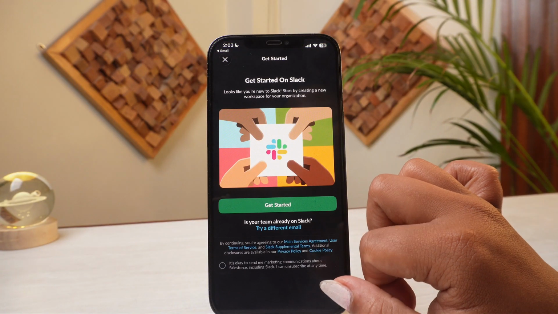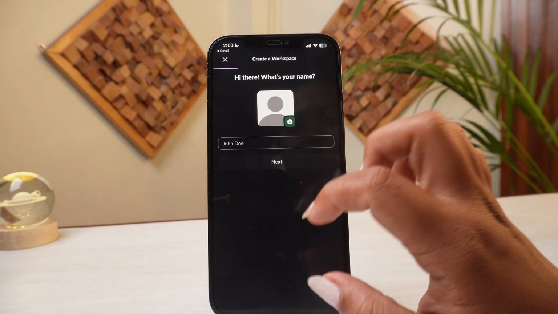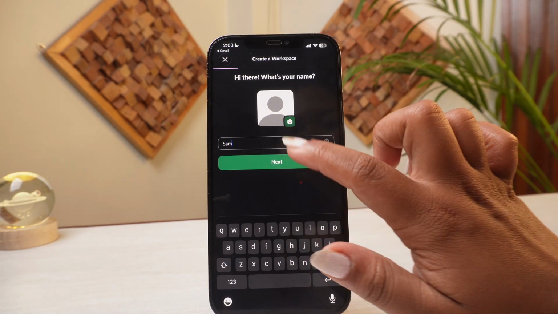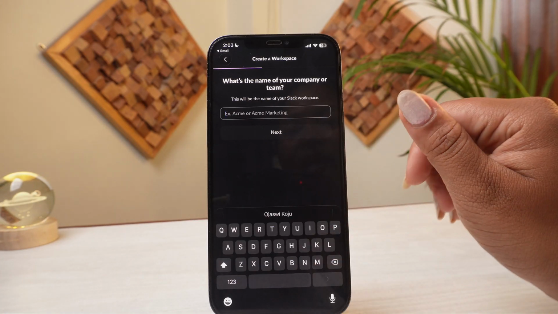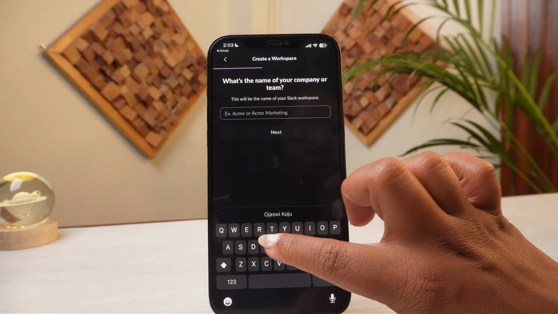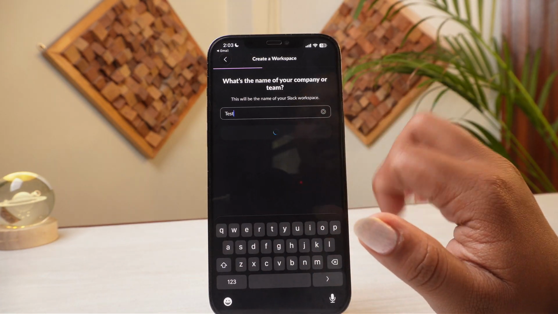So after doing that, now what you're going to do is simply tap on get started, and then from here now you'll be able to write down your name. So simply write down your name just like this, then tap on next, and in here what you're going to do is name the company or team, right? So I'm just going to name it test for now, then tap on next,